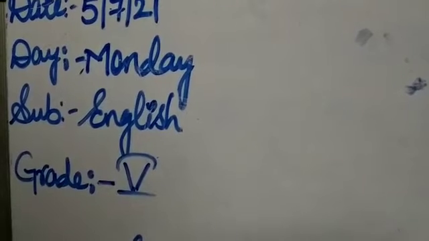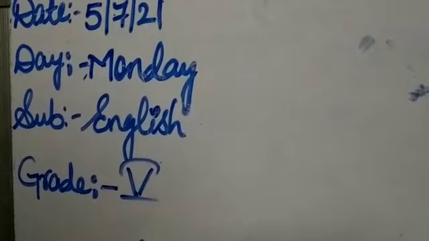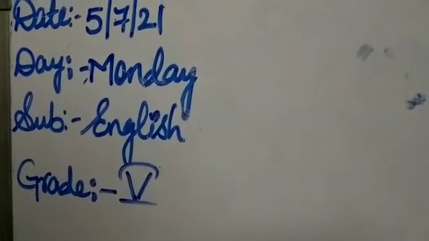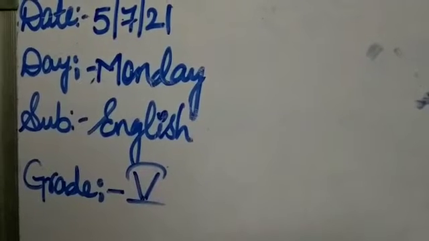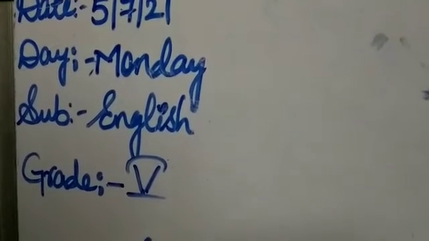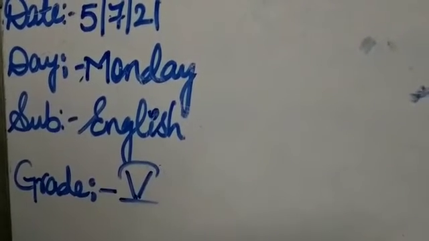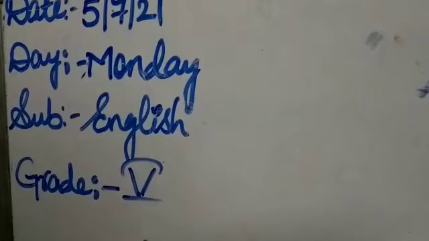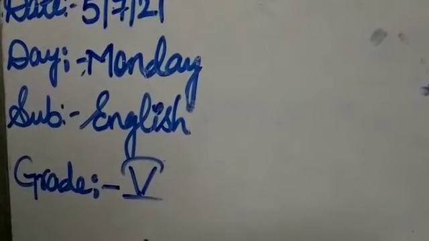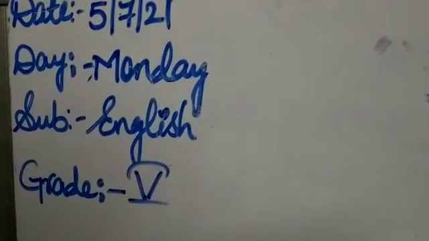Then the next class, what we have learned? We learn about articles. There are 2 types of articles, that is a, an or the. Where do we use a? We use a before a singular noun, but the word which starts with a consonant. Whereas the word an is used before the words which start with a vowel.